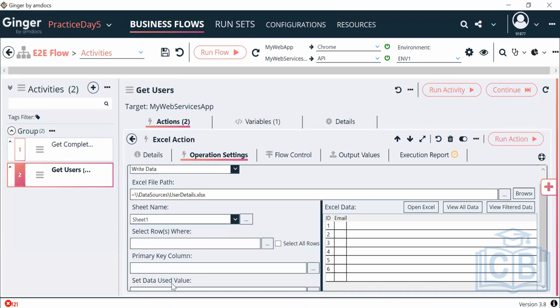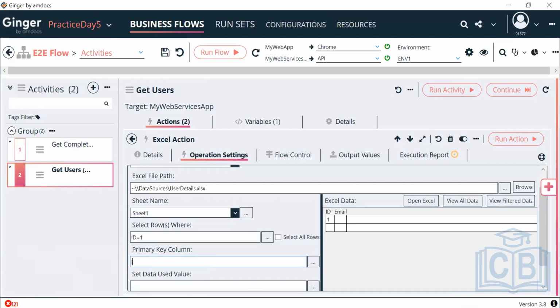I clicked on view all data, and I'm getting all the data over here. So I put ID equal to 1 where I want to write the data. Very important part: if you are writing the data, then you definitely need to pass the primary key column, that is our ID, and then